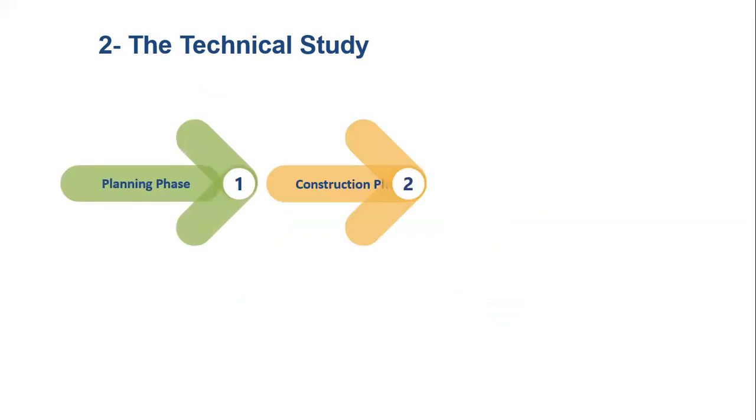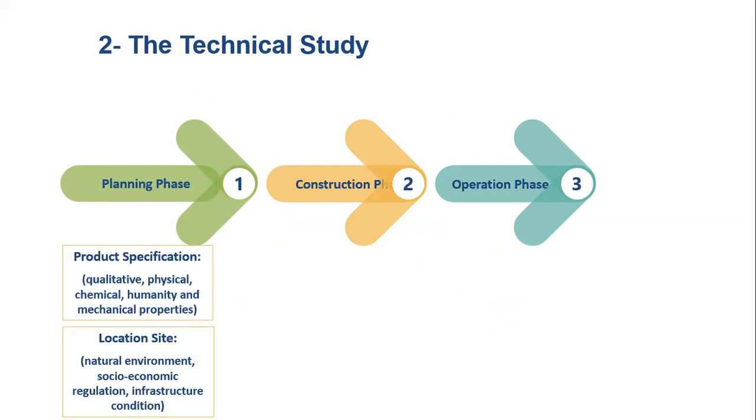So after I did my marketing study, which is the first one in the feasibility study, let's go to the technical study. The technical study starts with the planning phase, followed by the construction phase, and then finally the operational phase. So what do we have in this planning phase? In the planning phase, you have the product specification, and we have to specify the product properties such as the qualitative properties, the physical property, is it gas or liquid, solid or not, the chemical nature, and the purity, such as the percentage of lead in the toys, for example, as well as the humidity and mechanical properties of the product itself, followed by the